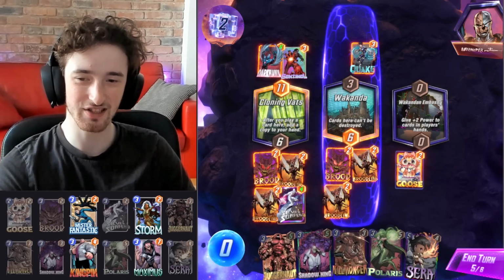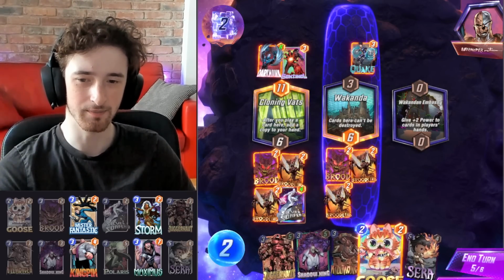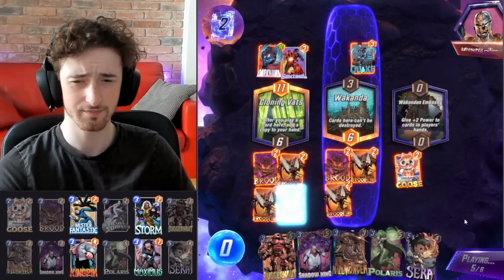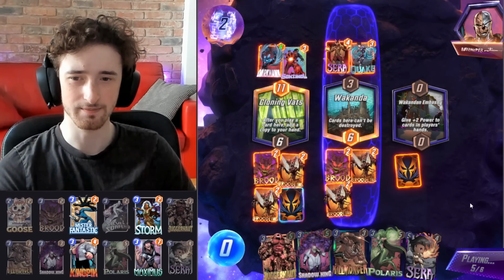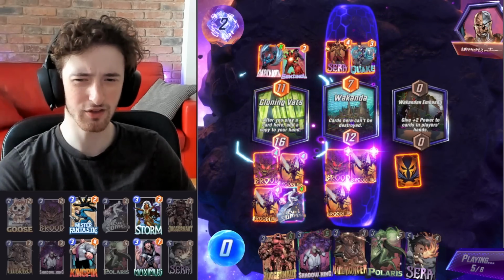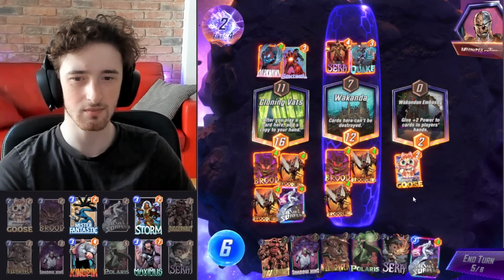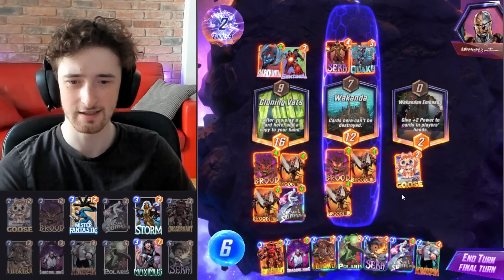I guess Goose here is quite strong. I could also Goose middle. But perhaps we want to, you know, not do that. We've got the Silver Surfer. I could have played Sera here, but I think playing double Surfer's probably more power. I didn't do the maths on that, technically, but...